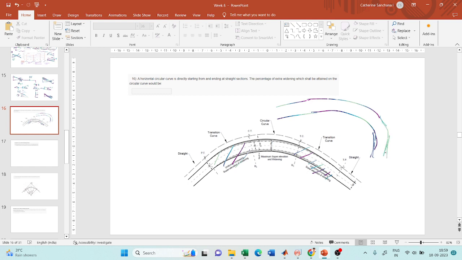We saw that we introduced this super elevation, or this extra widening, gradually through the transition curve, like this. But for this question, it does not have a transition curve. So how will you introduce extra widening? This comes under the implementation of the extra widening. So for that, what you will do is,